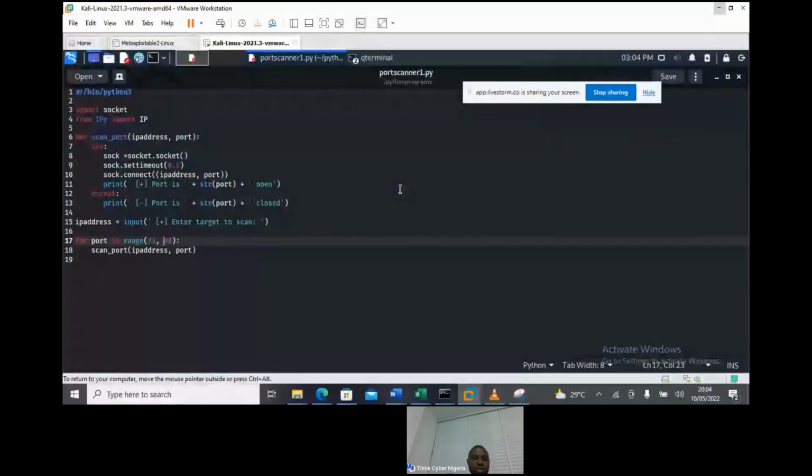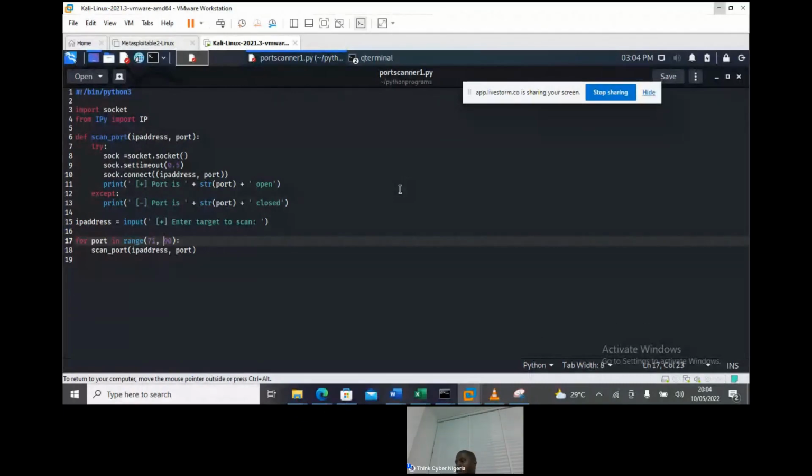This is the second port scanner we wrote, not the first one. I think you are now seeing where we started building from. The first one we wrote is the one that can scan port 80. Now, in this simple one, we looked at importing socket.